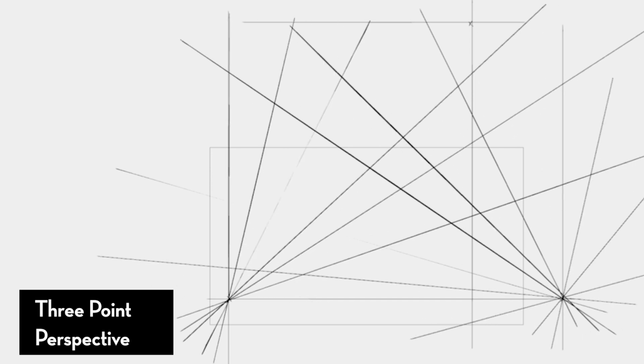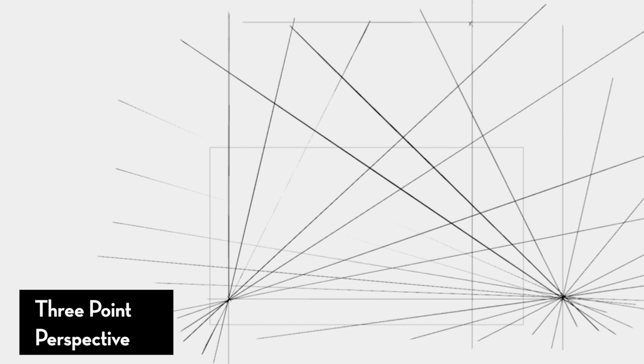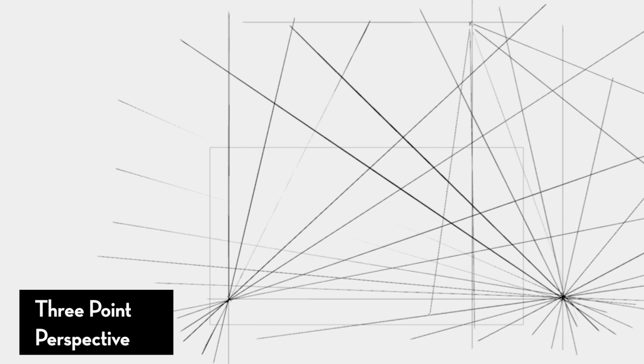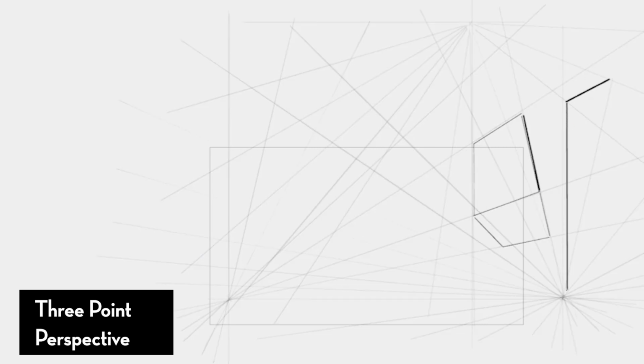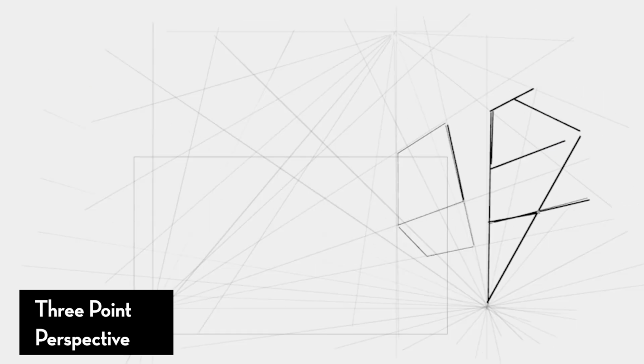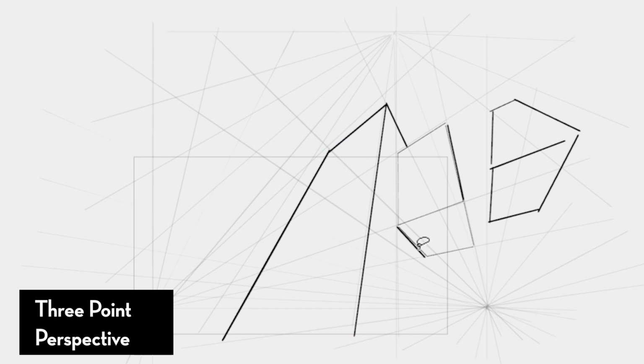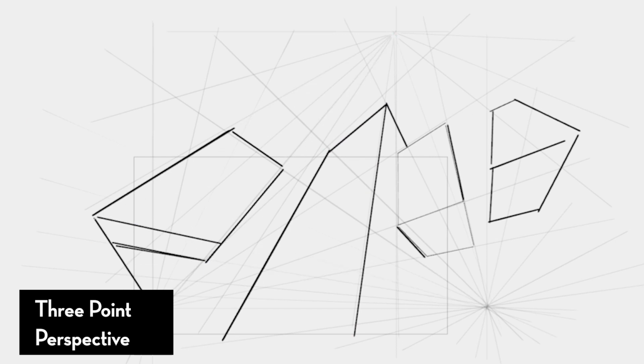Now, you can put this third vanishing point above your initial horizon line or below it, depending on what kind of shot and composition you're going for. But this will be our new guide when we're drawing lines indicating height. Instead of a straight vertical line that just goes straight up or down, which leads to more graphic shots, we're actually going to converge them into our third vanishing point above. As I did for the previous examples, I'm going to draw boxes throughout the canvas. Now our third vanishing point acts as a guide for the height lines.